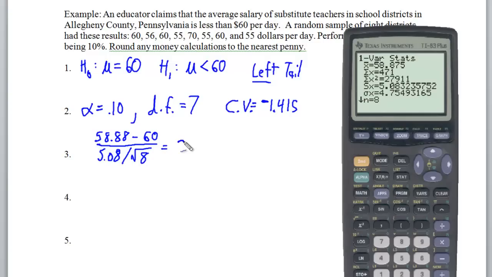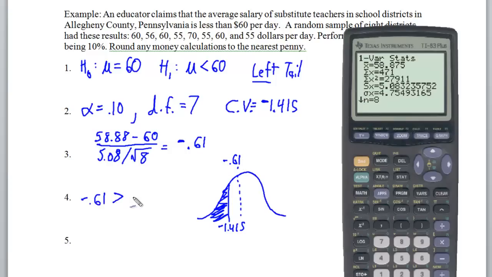hold on a second here. I got the wrong side here. Is going to be negative 0.61. Now that's bad news for us, because if we were trying to show that the school district is being cheap, we were hoping that that was lower than our critical value of negative 1.415. But what we found out is, since that is at negative 0.61, here it is. It's not inside the critical region. Negative 0.61 is greater than negative 1.415, which means that we're not going to reject